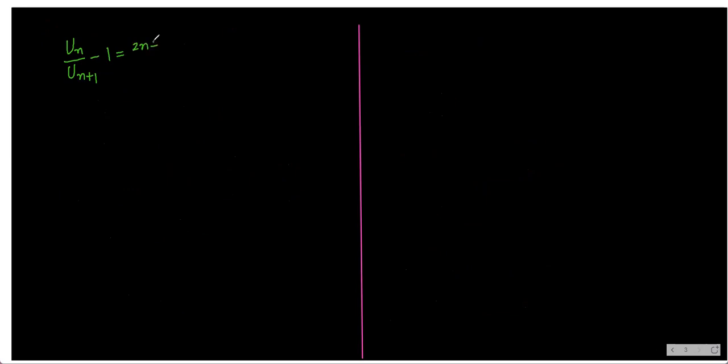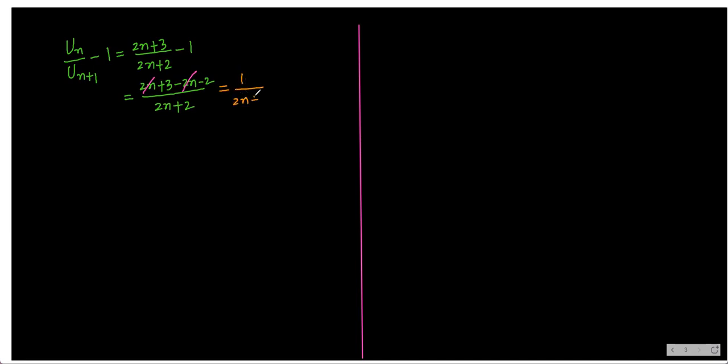2n plus 3 by 2n plus 2 minus 1. What happens if you take the LCM and simplify? We are getting here 2n plus 2. This is 2n plus 3, and it is minus 2n, minus 2. Plus 2n minus 2n will be cancelling here. And then our answer is 3 minus 2, which is 1, so 1 by